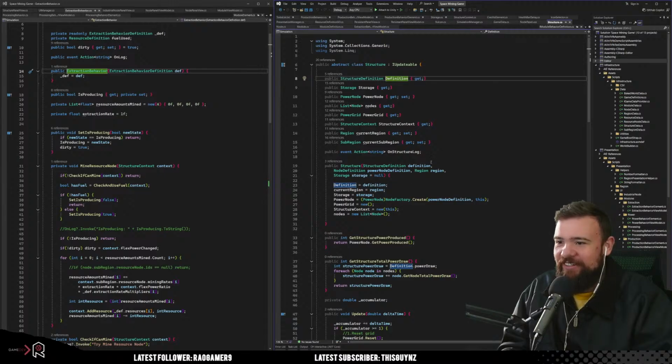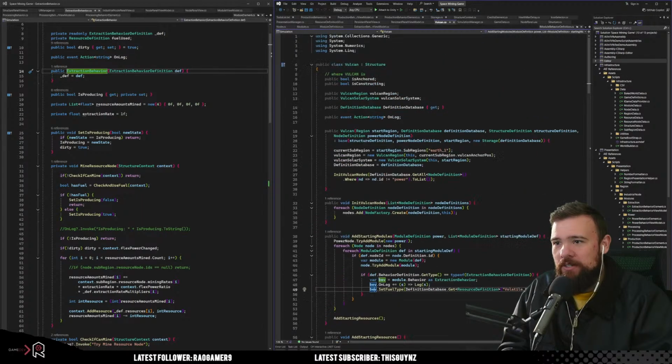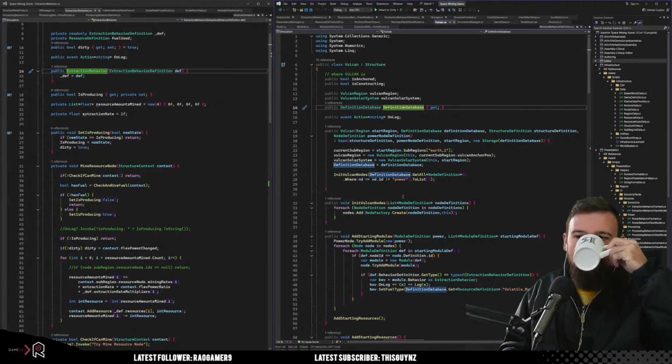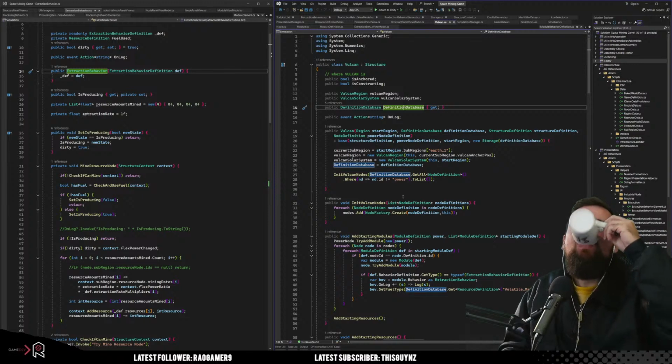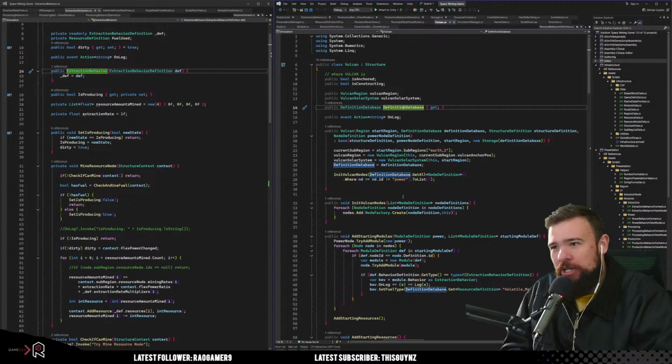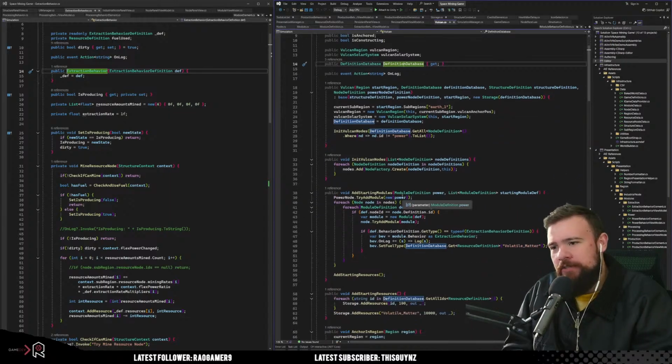For crying out loud. The structure itself does not. Does Vulkan have access to a definition database? Yes. So Vulkan gets made with a definition database. Okay, so Vulkan has a definition database. Structures do not. Vulkan is a structure, but it's also special, right? Okay, so if Vulkan has a definition database,